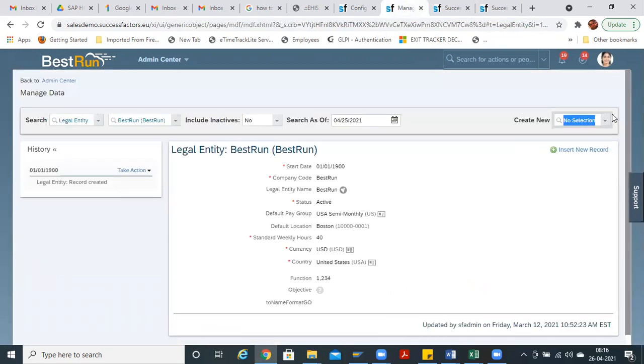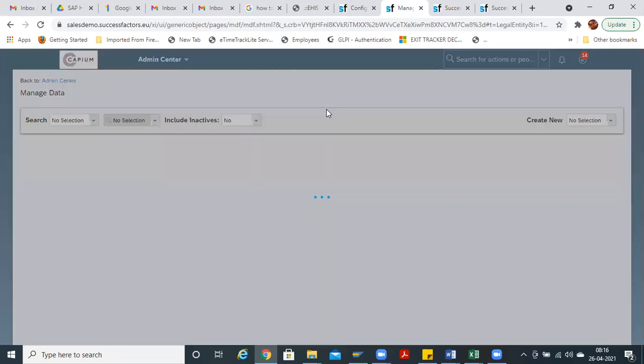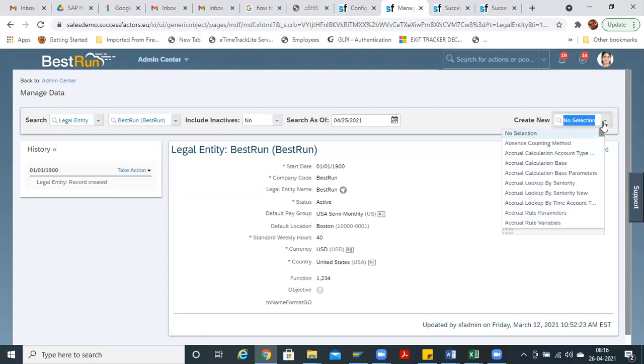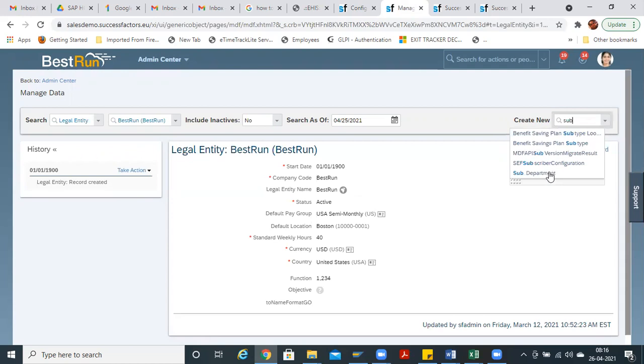Now just refresh the same and find sub department. See, you can find it now in manage data.